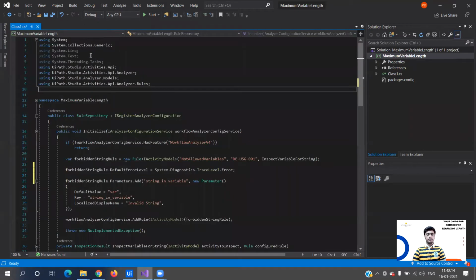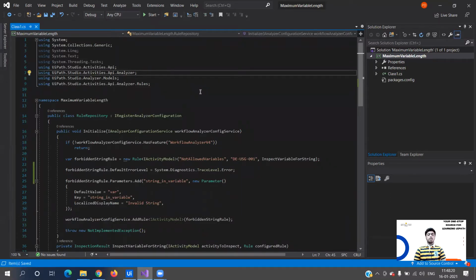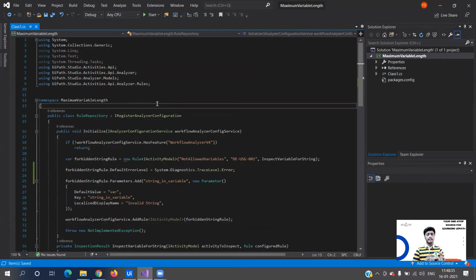Now these are the prerequisites before we get into coding and write the complete code. First of all, what we saw is how we can install the NuGet package that is required to build the complete Workflow Analyzer rule. Now let's start with the complete implementation of the code, and then creating the DLL, which will be used in UiPath. This is going to be a long video, and definitely many concepts are going to come into it.